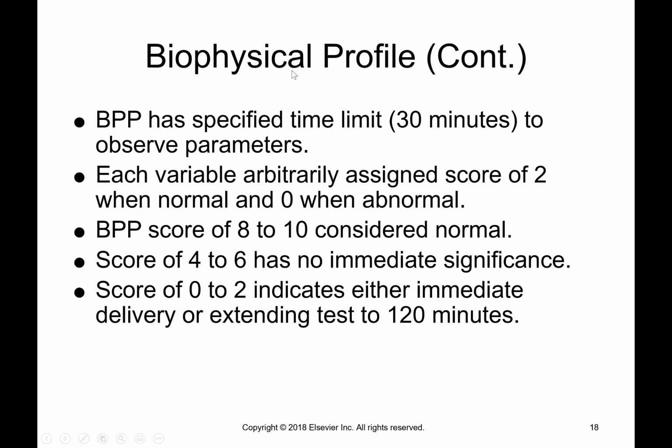The biophysical profile, the BPP, has a specified time limit of 30 minutes. So the fetus has to pass and do everything within that time. Then we score them 2 points for each thing. Now, we don't mess around with scoring 1 point if they kind of did it. No, they either moved around or they didn't move around enough. So it's either 2 or 0. So what you want to consider normal for the biophysical profile part that we do in ultrasound is 8 out